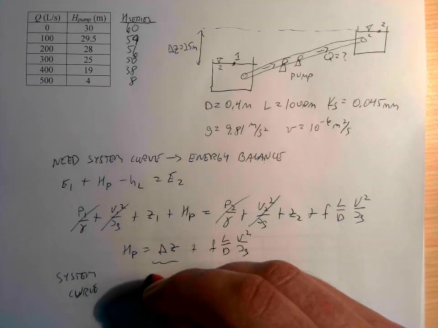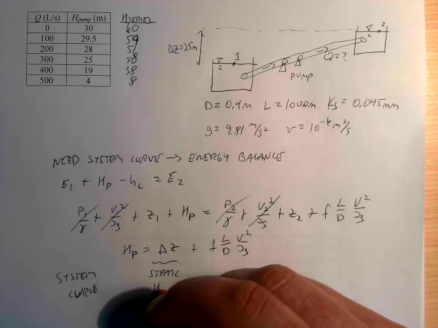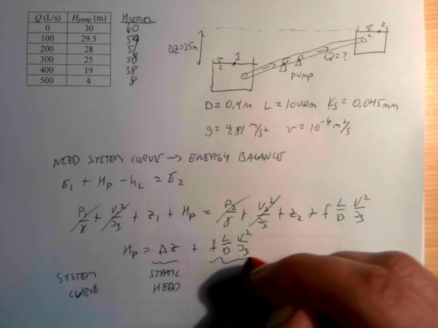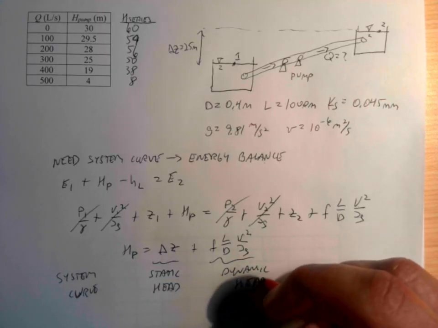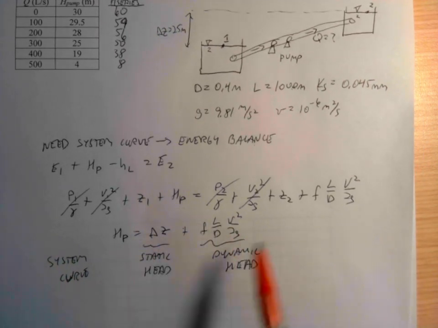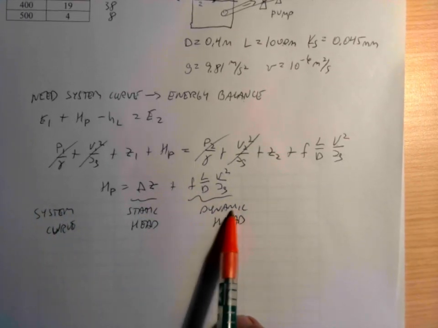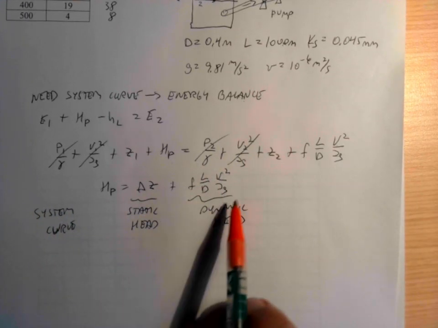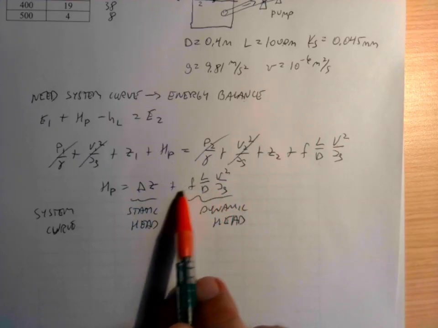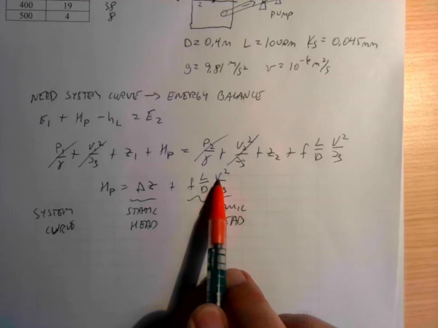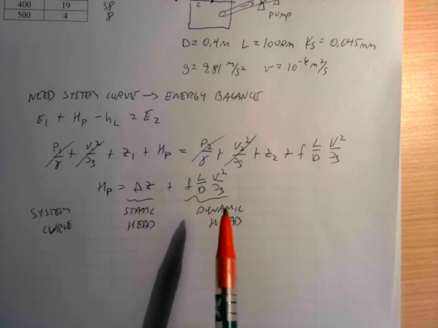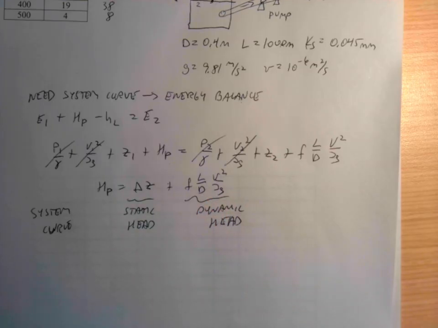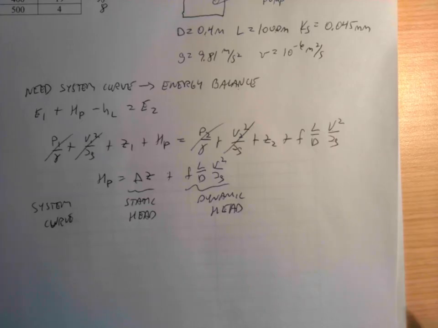And this consists of the static head, the head to lift the water, plus the dynamic head. So these are the terms that we use to analyze that. Okay, so to figure out the dynamic head, that's going to vary at each flow rate, because as the flow changes, the velocity is going to change, and as the velocity changes, the friction factor is going to change. So we'll need to get the friction factor at each velocity we consider,